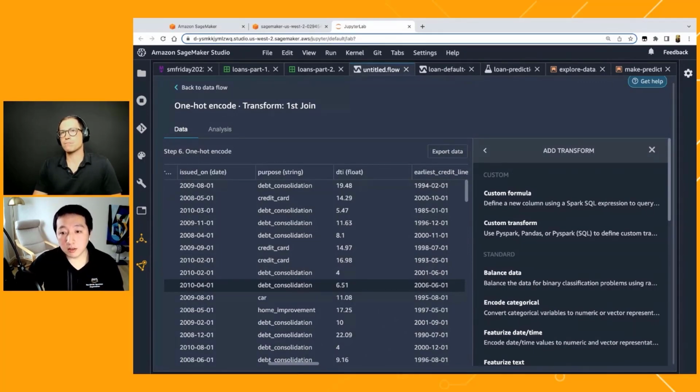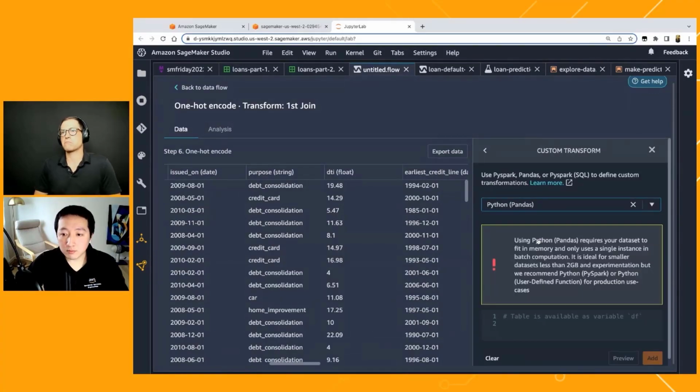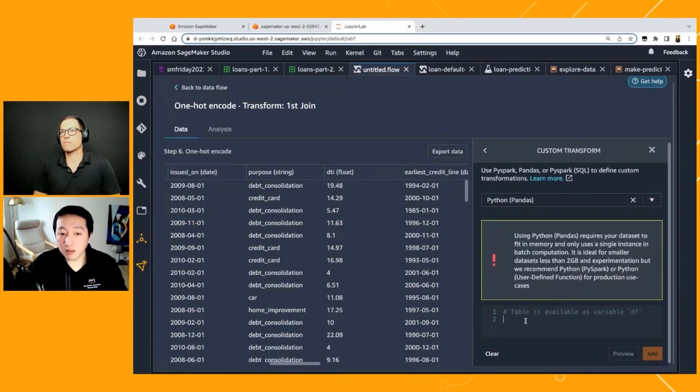Looking at the issue and earliest credit line, one very intuitive feature that we can derive from these 2 columns is the length of the credit history of these customers. So we can build a new feature on top of these 2 timestamps using custom transformation. In custom transformation, we can put in a limited amount of code, and this is where the limited amount of low-code that we need to put into Data Wrangler to come up with something sophisticated.